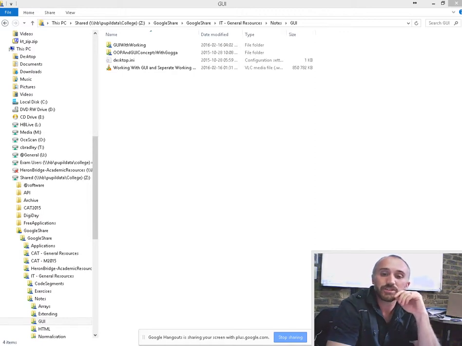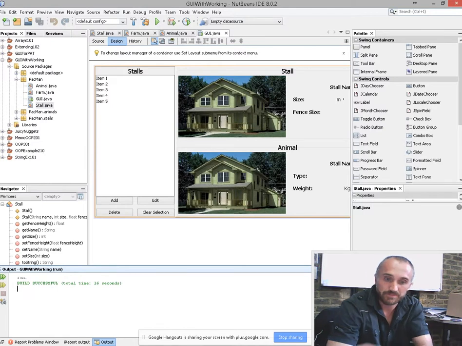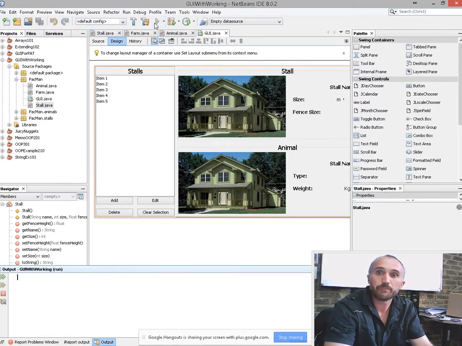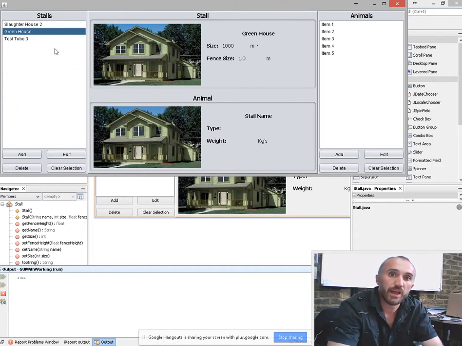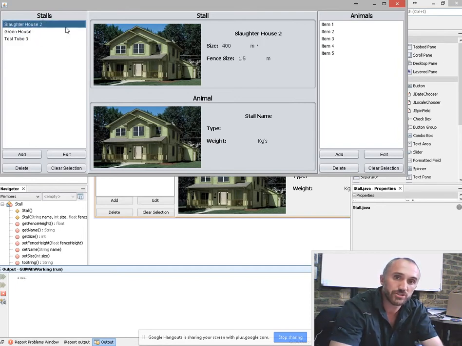Okay, so in this video, to go back again, what we'd done is we'd created it so we could select the stalls and then it would show the different stalls' information. So we actually added it to RAM and then we created an array to add it to your list box, and we just literally got information from the array as you selected on it. Now we didn't deal with the picture because this is a slightly more advanced GUI element, and the first